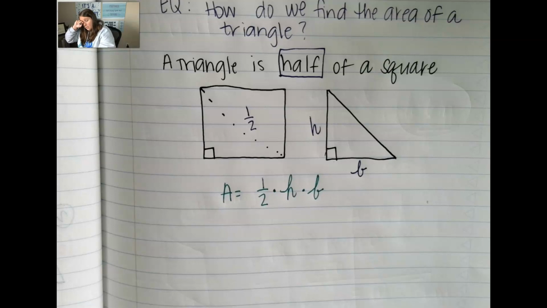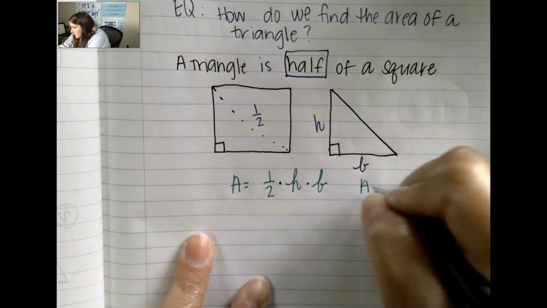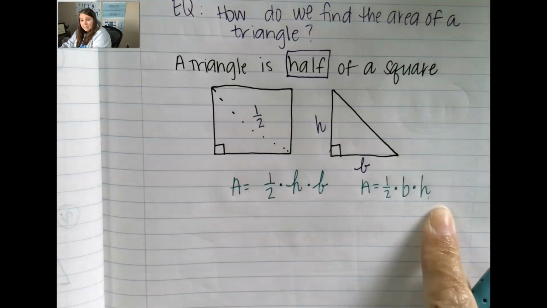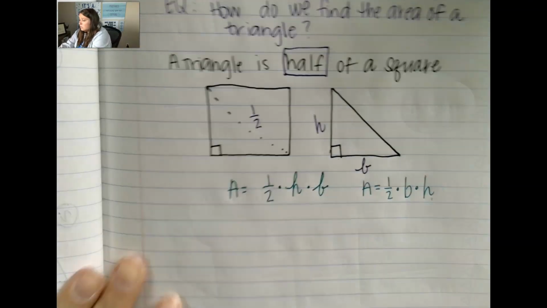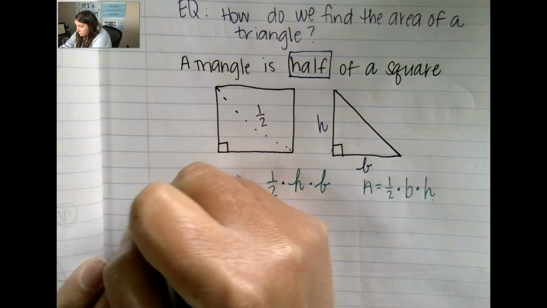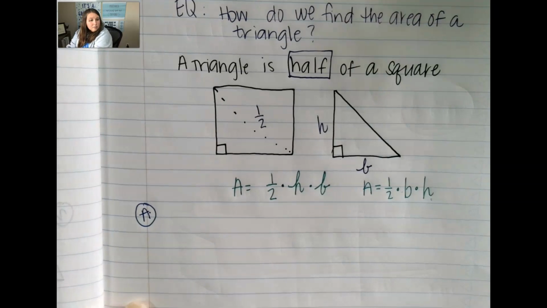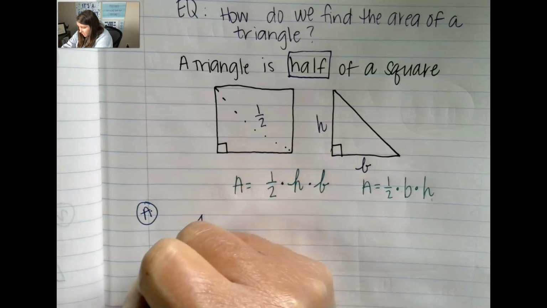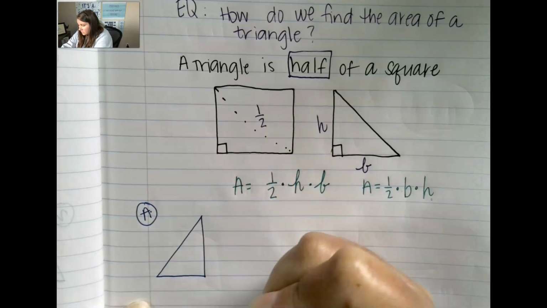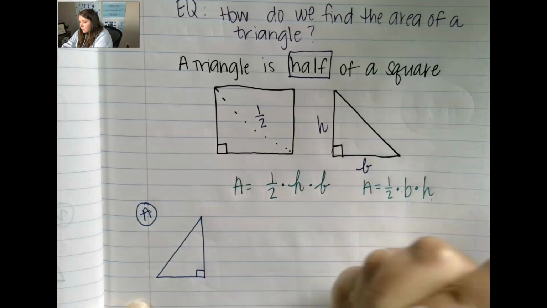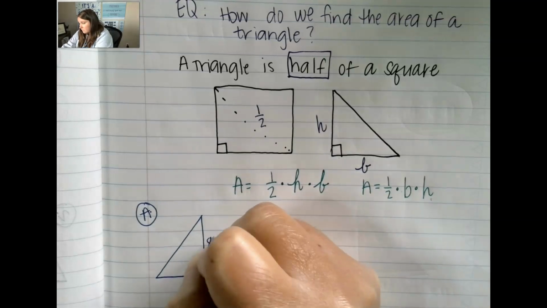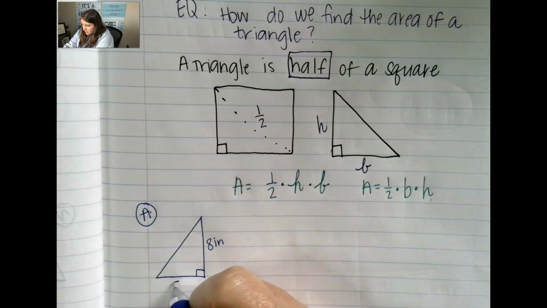So let's go ahead and see how this looks in action, and we are going to go from there. And because I'm always going to say the area equals half of the base times the height, I'm going to write it like this because that way it doesn't confuse you. So let's go ahead and look at example A. And example A is a right triangle. Now there's different types of triangles. There's right triangles, isosceles triangles. There we go. And this triangle that I have here has a height of 8 inches and a base of